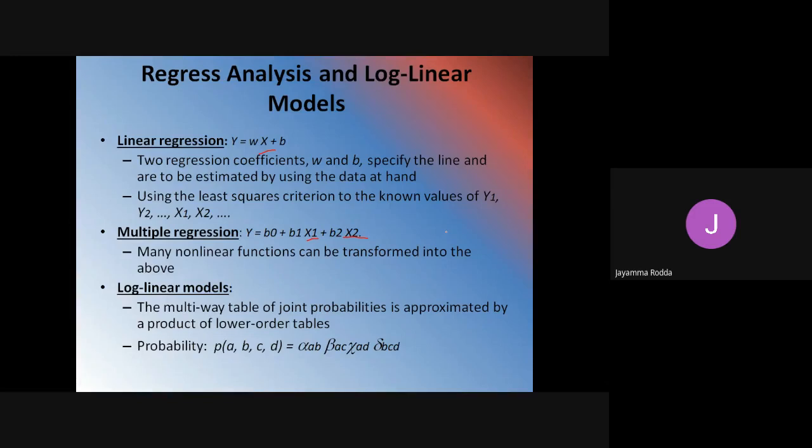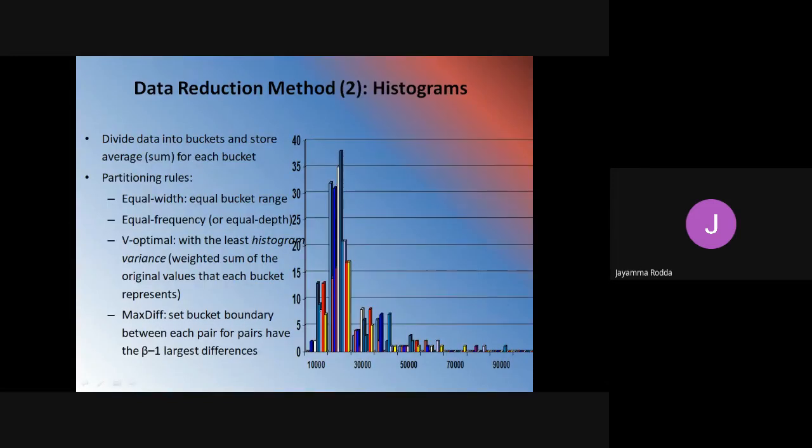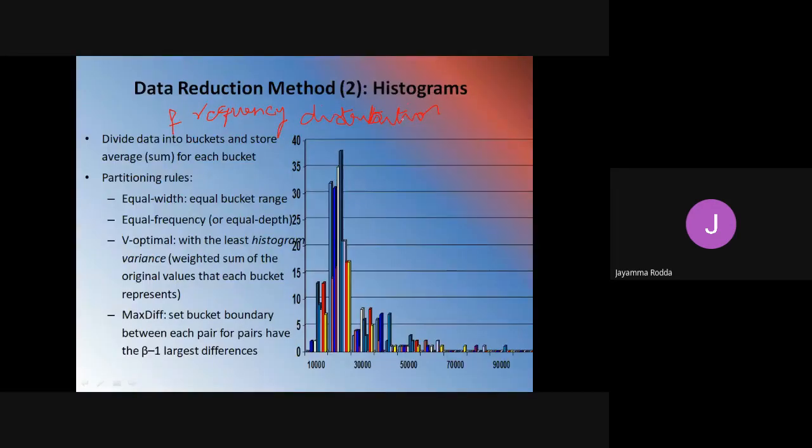Okay, next one is histograms. The histogram represents the frequency distribution of data.